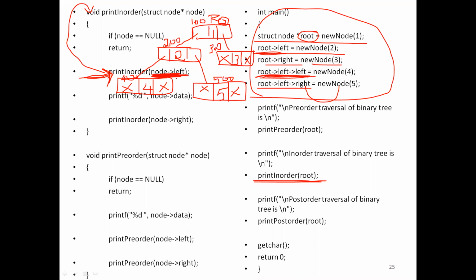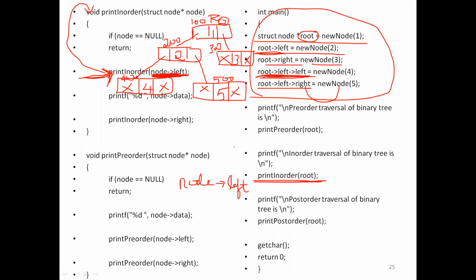Node left is nothing but what? Some of you are still not clear. Let me write it here once again. Node left. What is node here? Someone replied 400. It's not 400, it is 200.